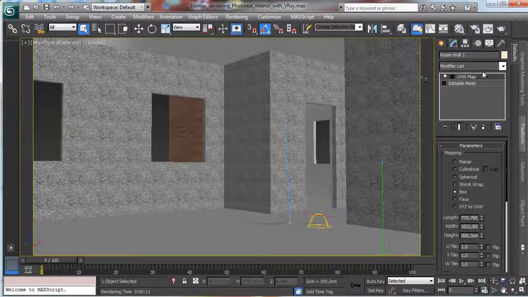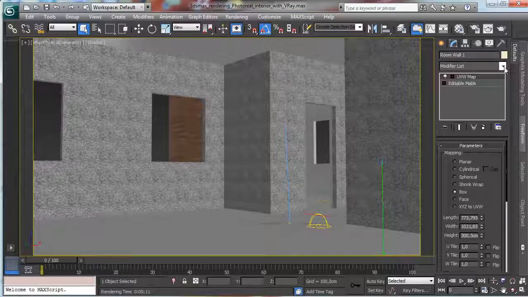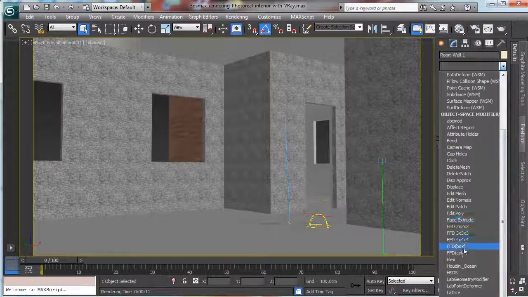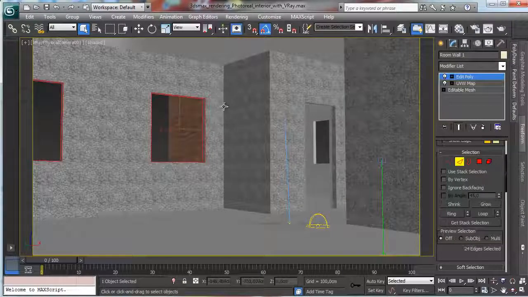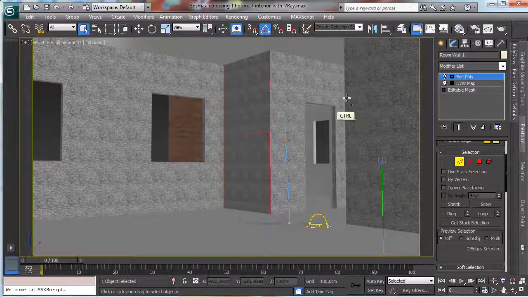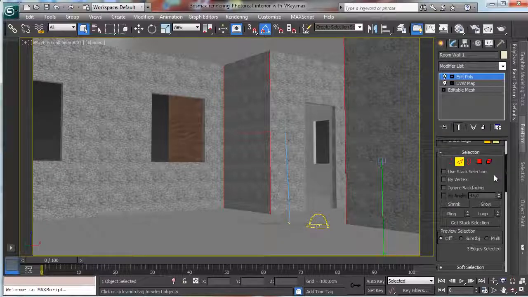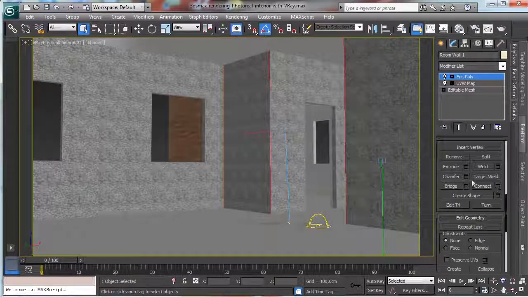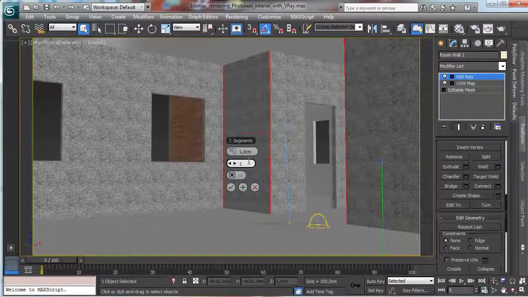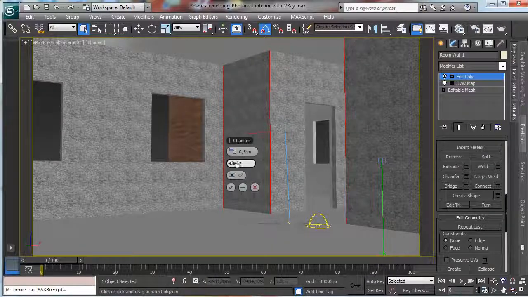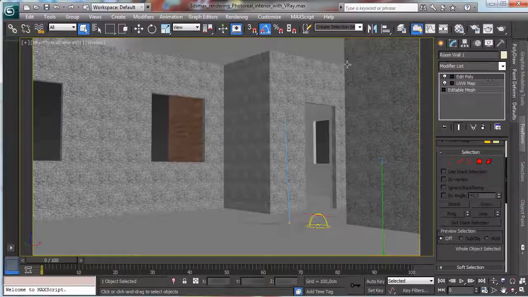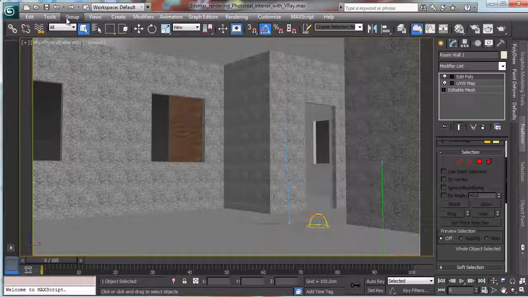Okay, let's say that we change something. Let's say that we use another edit poly, and let's pick, for example, the visible edges for the moment, and we do a chamfer, and let's use just maybe 0.5 with more steps. Okay, so we have not so straight stuff there, but maybe it's better to have